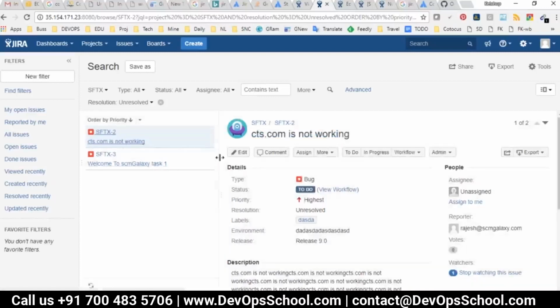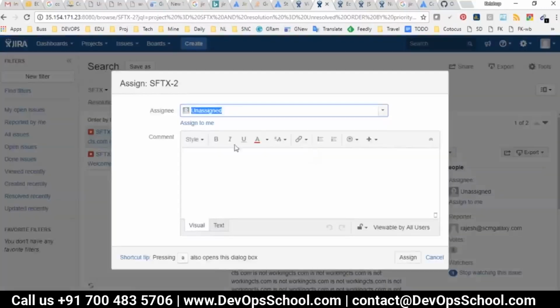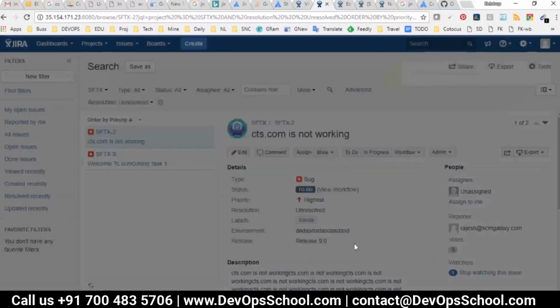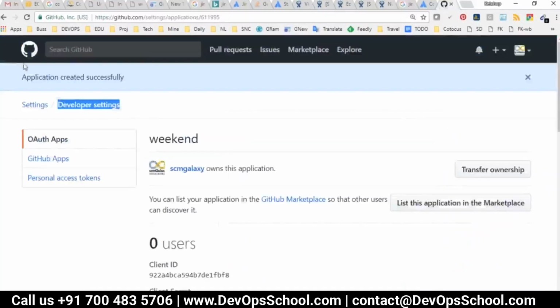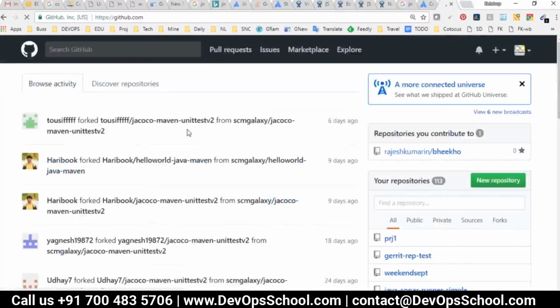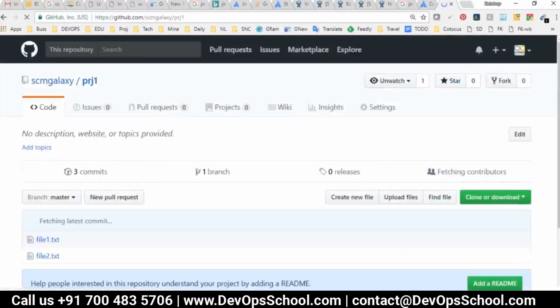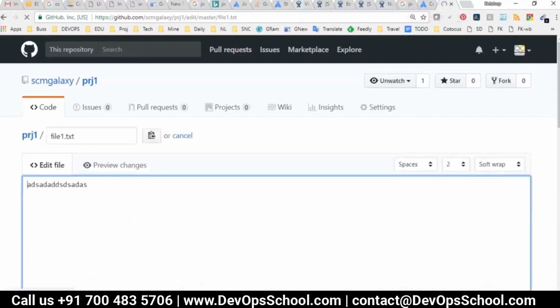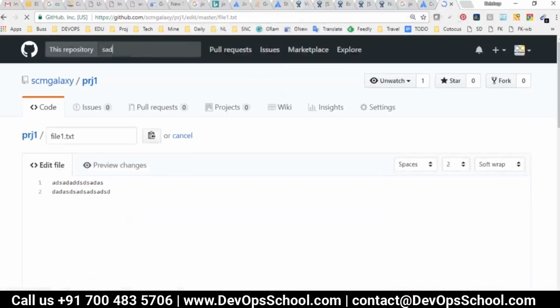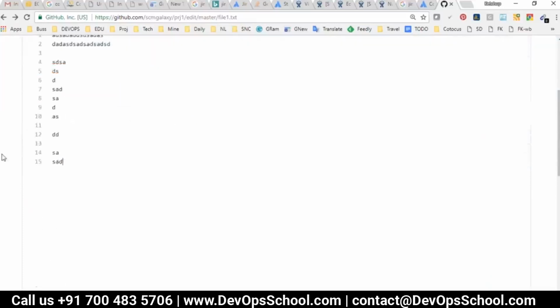So I go to these issues and I say, okay, let me work on it, and assign to myself, and then I'm working on it, and I got into details. Okay, fine, cool, everything is okay. And I found that in order to work on this I have to modify this source code. So I just do online modification. You can do the command line also, and if you have gone through my git training, you might have done it, right? So it's just the online things I'm doing, but the important thing is,